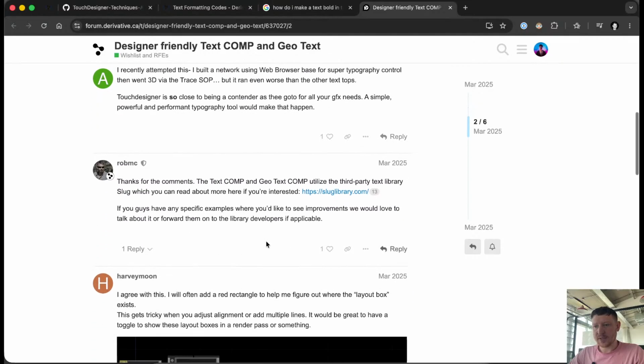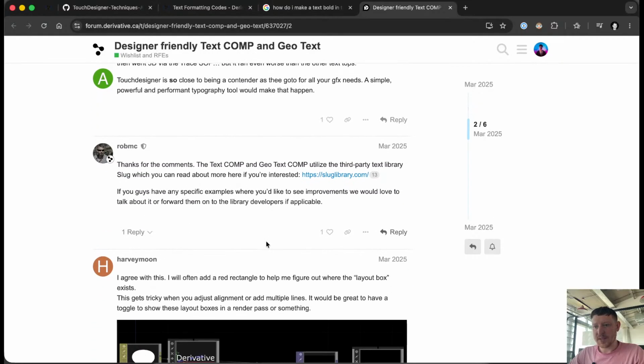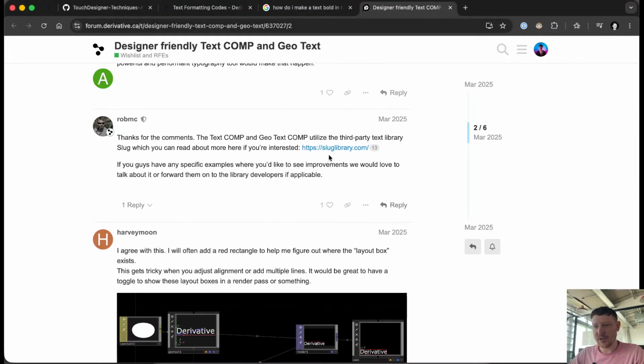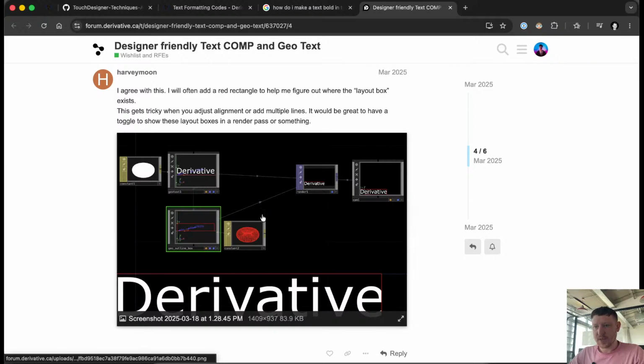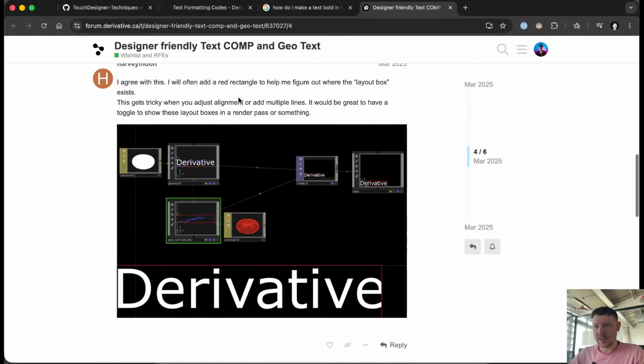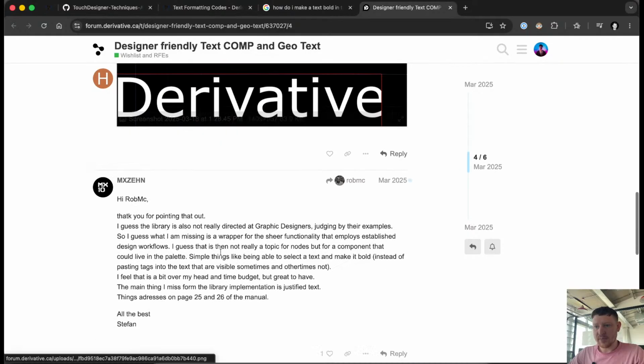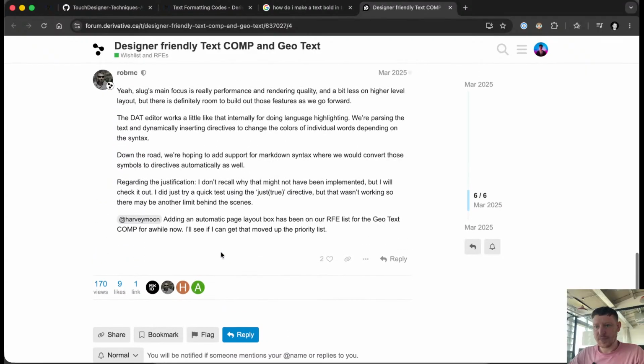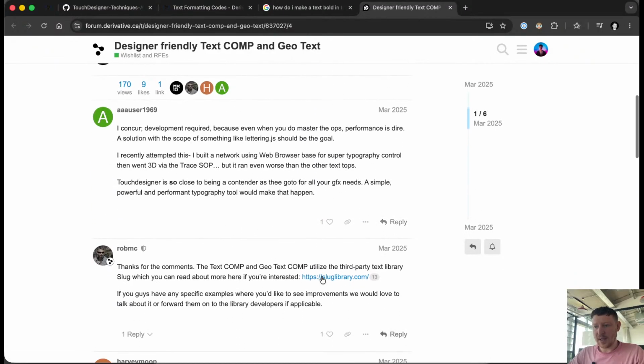Thanks for the comment. The text comp utilizes the third-party text library Slug, which you can read about more here if you're interested. If you guys have any specific examples, I agree with this. I will often add a red rectangle to help me figure out where the layout box exists. This gets tricky when you adjust alignment. Maybe in the Slug library,